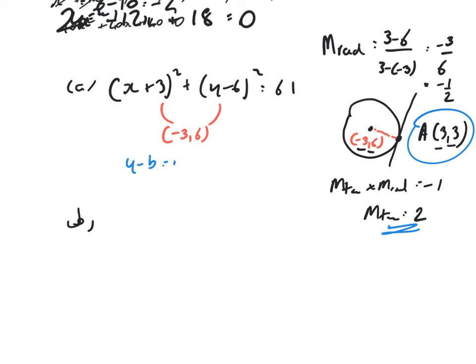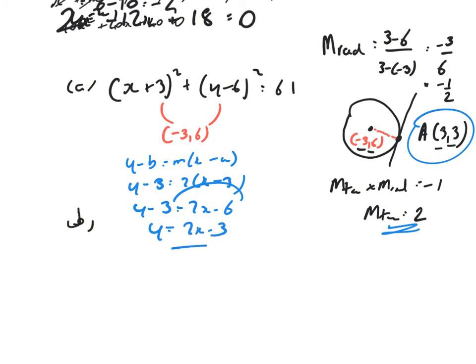y − b = m(x − a). y − 3 = 2(x − 3). y − 3 = 2x − 6, and y will be equal to 2x − 3. Part B then says,